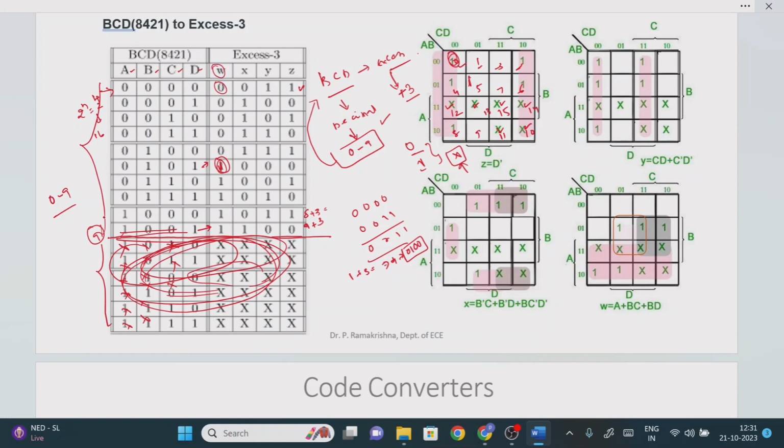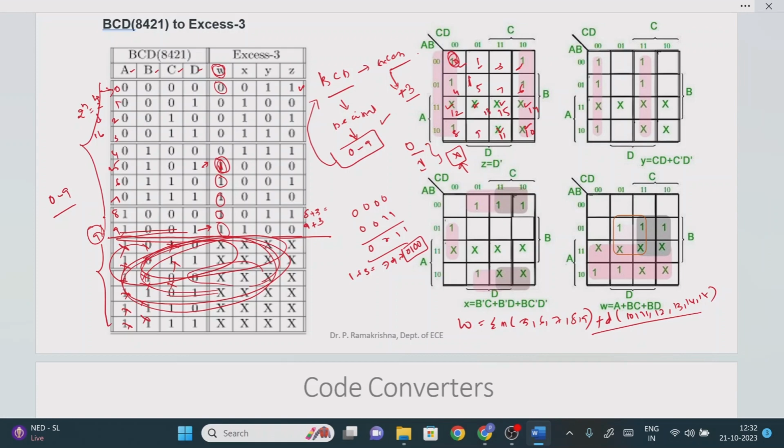For example, suppose I am going to write the minterms for W, right? So the minterms for W, the SOP function ones. Let me write down quickly: 0 1 2 3 4 5 6 7 8 9. So this is the minterm value. The SOP minterms, the corresponding inputs, are 5, 6, 7, 8, 9. Plus we don't know from 10 to 15, so don't cares of 10, 11, 12, 13, 14, 15 we need to consider.